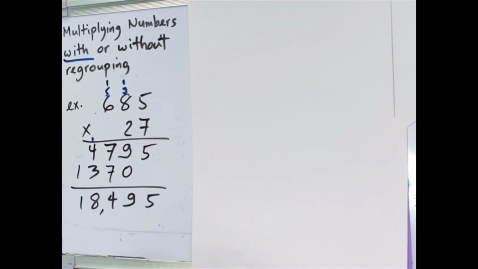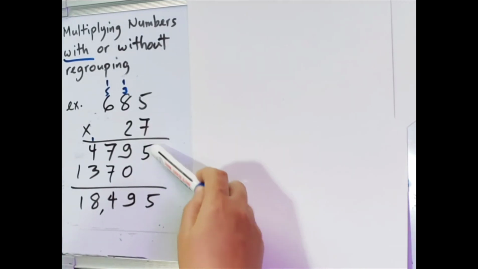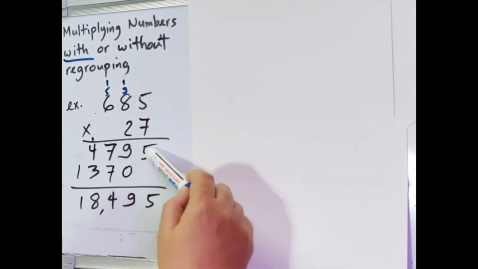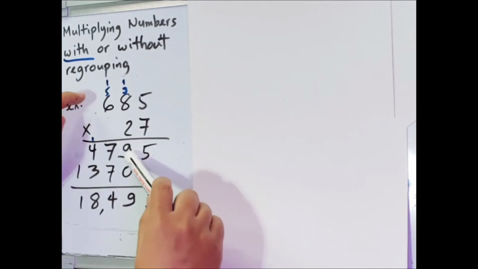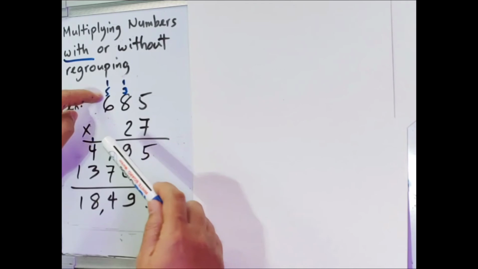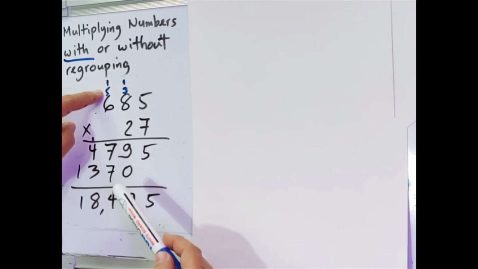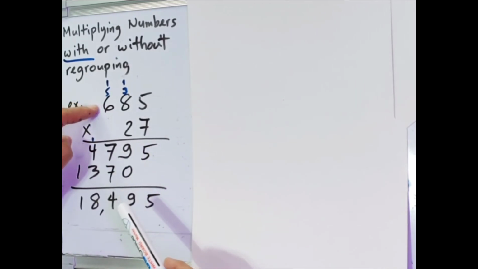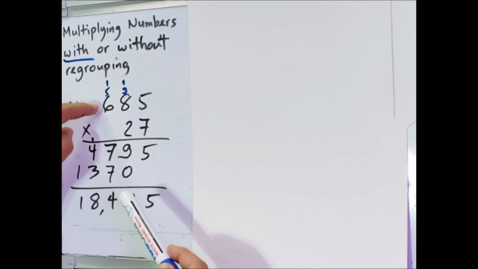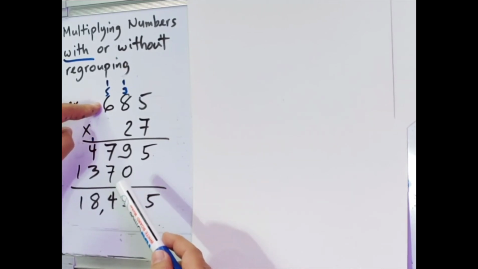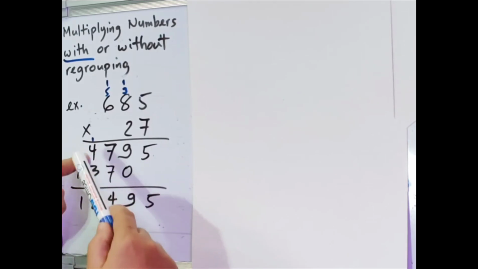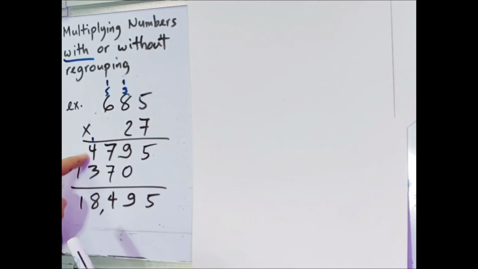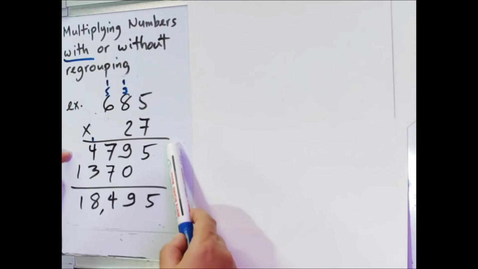So we do the standard way. 7 times 5, 35. So carry 3. So 5, carry 3. 7 times 8, 56 plus 3, so 59. So 9, carry 5. So we put now the 5 above the 6 here because it's in the hundreds place. So 7 times 6 is 42 plus 5, so we have 47. So again, you may consider this as your first partial product,